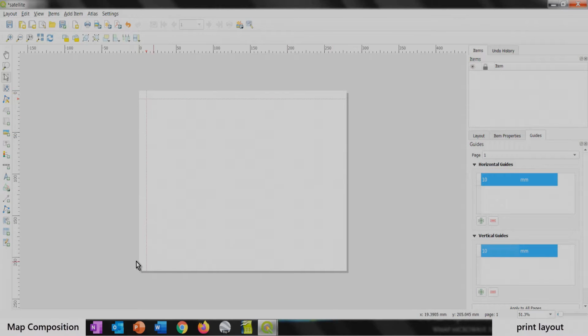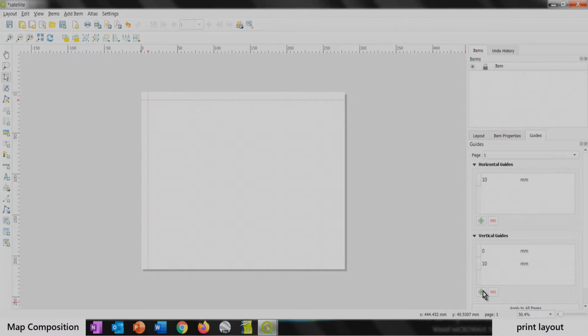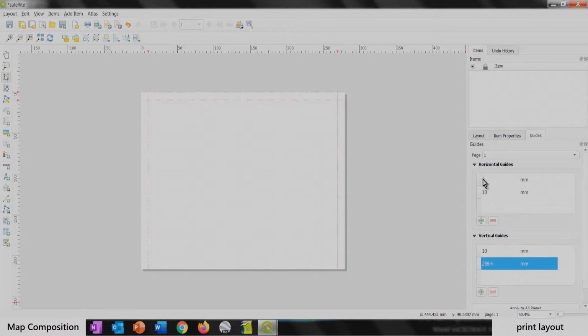Have this one, and in order to do these ones, I have to check the dimensions of the paper. Then just copy this number here. Go to guides, and here add a new one. Paste. And I have to take 10 millimeters, then it's going to be 69. And for the other one, copy the same and paste here, minus 10 millimeters is going to be 0.5, and that's it. Okay, we have the margins already for the map, and we have to respect these margins to create a symmetrical composition. Okay, now I'm going to save this one, and I'm going to close, and I'm going to show you